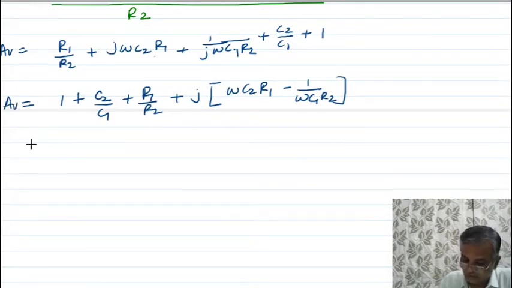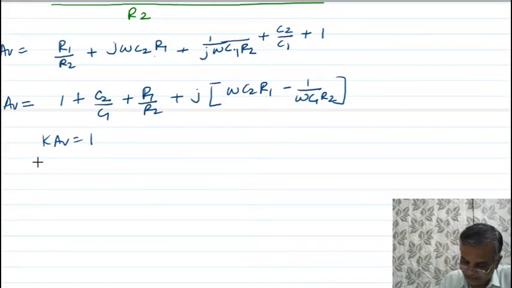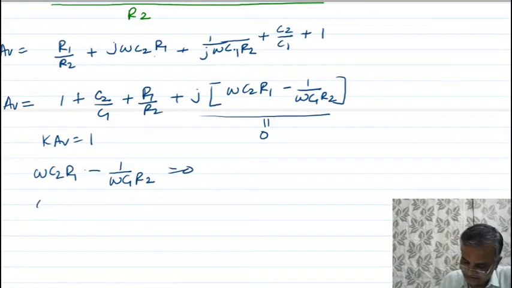Now we know that loop gain should be real. The loop gain should be real, meaning there should not be any imaginary part in an equation of gain. There should not be any phase shift, meaning there should not be any complex part in an equation of gain. So for gain to be real, this imaginary part in an equation of gain should be 0. So I can write omega square is equal to 1 upon C1 C2 R2 R1.